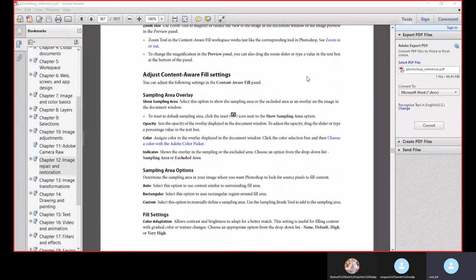Adjust content aware fill settings. You can adjust the following settings in